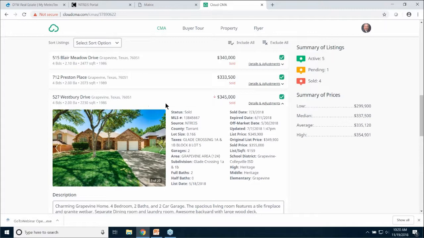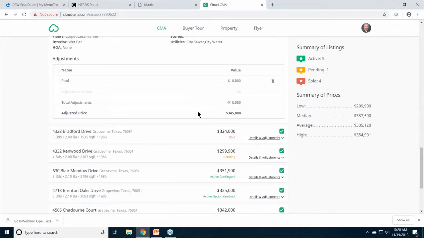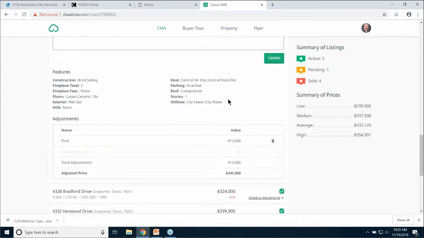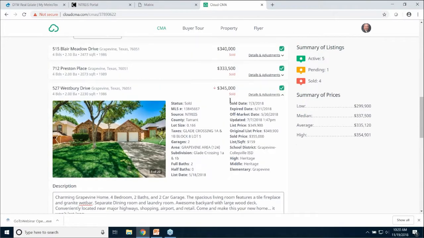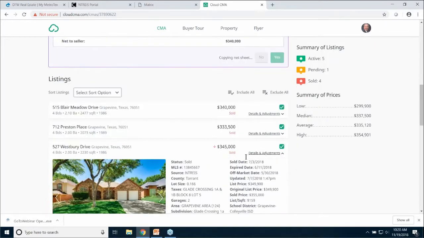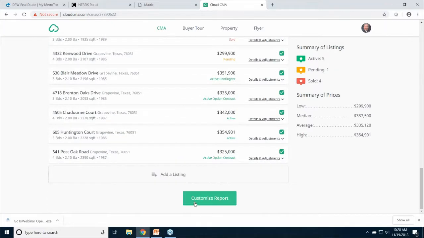Okay, once we've got that done, we'd scroll down and look through all of the different ones here. Again, it's going to show our actives and our active options and things like that, but our solds are the ones that are going to give us the price. So top right hand corner, we can customize the report, or if we scroll down to the bottom center, we